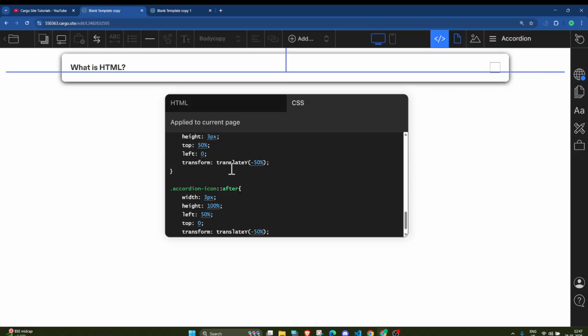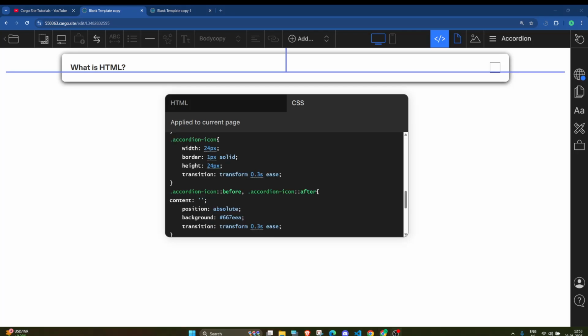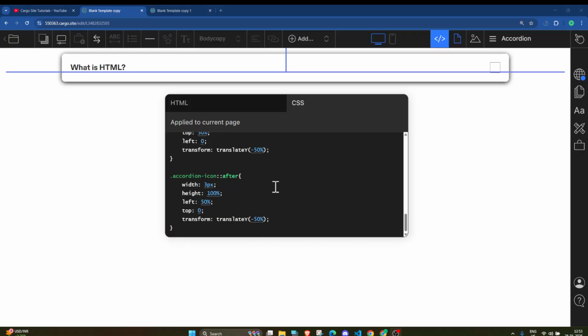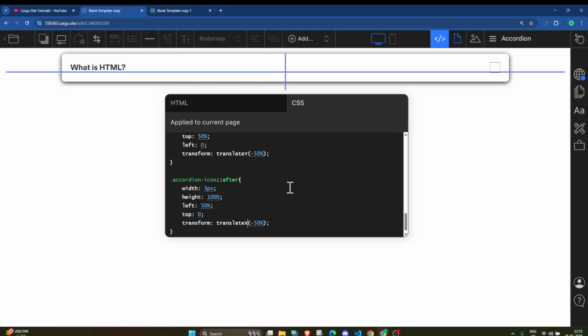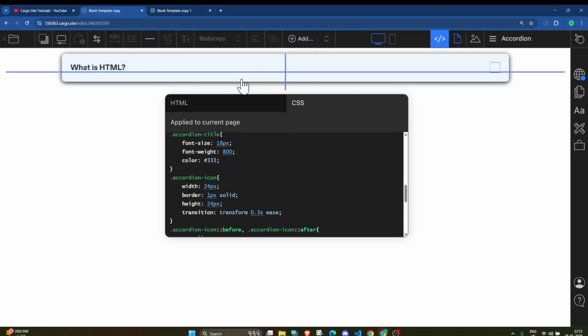So it is looking something like this. So what I'm going to do, here in the accordion icon after, make sure you add translate X here, and it is not showing up properly. You can see the plus icon, but it is not showing properly.